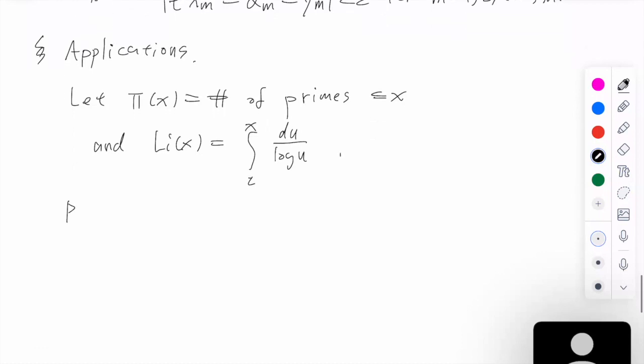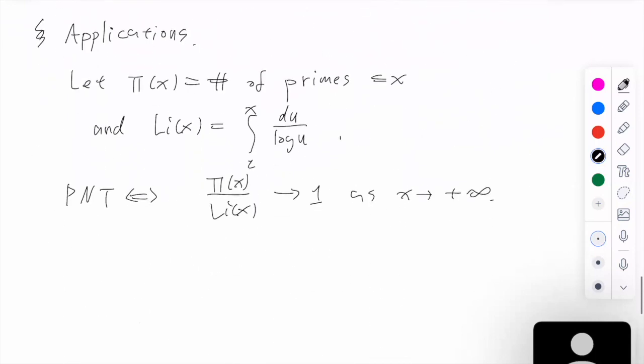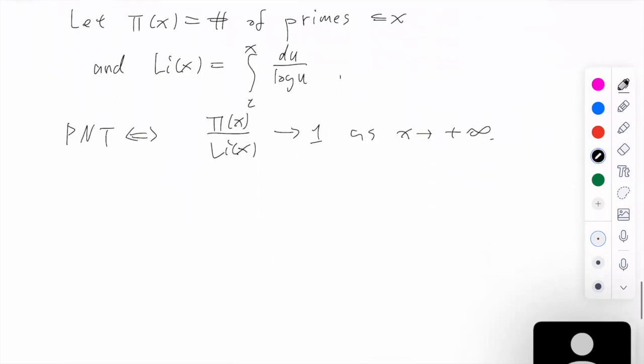The prime number theorem states that if we divide pi of x by Li of x, this tends to 1 as x goes to infinity. So this means that Li of x is a good candidate for us to approximate pi of x. However, if we apply Dirichlet's theorem, we can actually prove that this approximation is not that good. So Dirichlet's approximation theorem tells us that